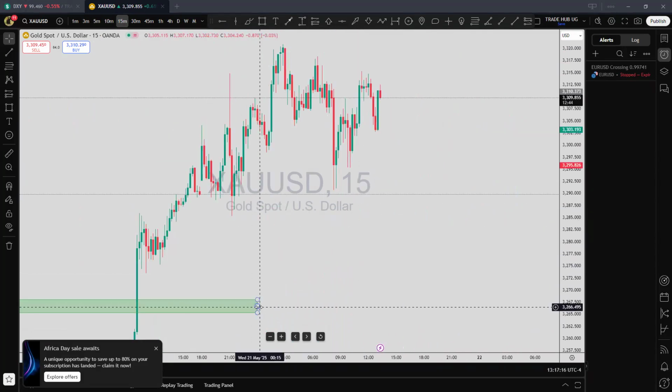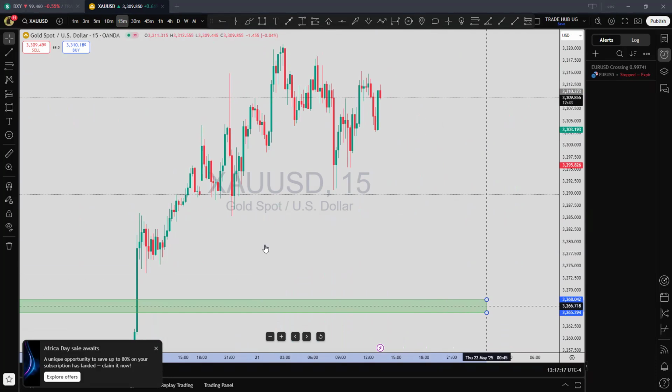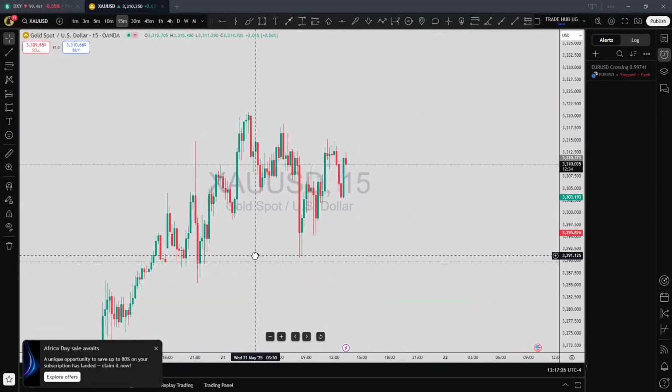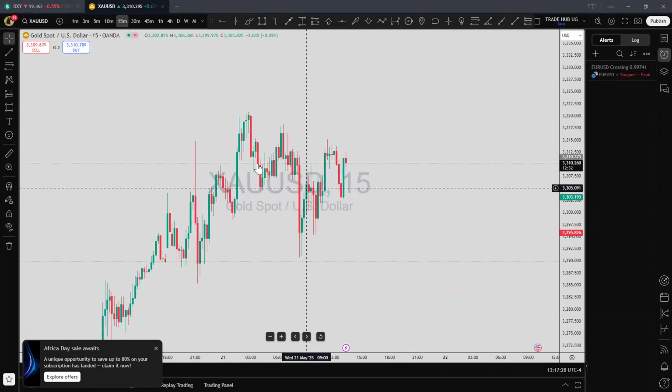Actually, the market, according to my forecast, didn't retrace up to this level, because this is the forecast I gave you yesterday. It didn't retrace up to this level, but it just continued going up. And according to what I'm seeing here,